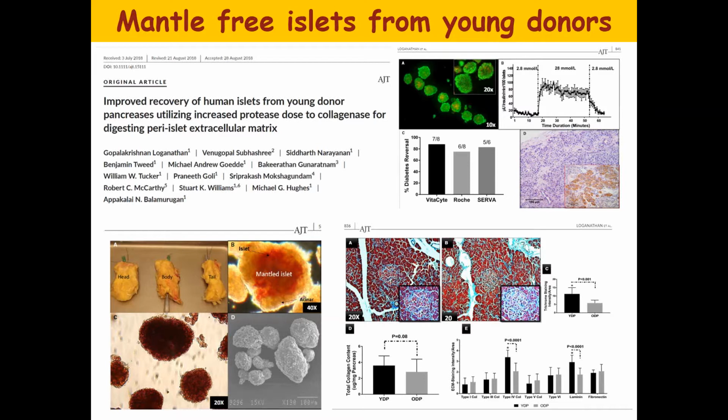In this case, from young donors, we extensively characterized extracellular matrix components, including various collagens and basement membrane. Based on this, we developed a trisected pancreas model to test different enzyme combinations to identify which combination gives better islet morphology in pediatric cases. For example, in this case, we use a low amount of collagenase and an increased amount of protease in order to digest the basement membrane and cleave those exocrine cells. This approach really helps to consistently get mantle-free